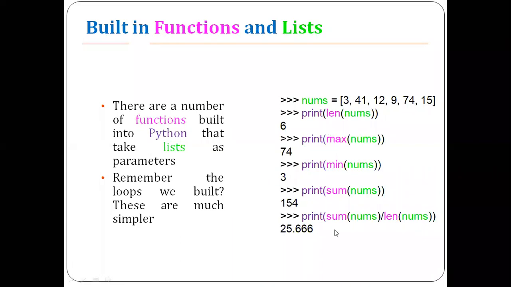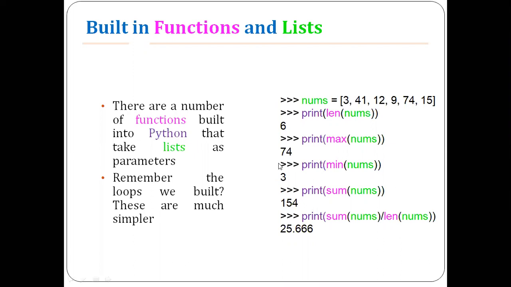These are some of the built-in functions used with the list. The only advantage is that instead of writing the code from scratch, you can make use of the existing built-in functions, so that you can minimize your code length, as well as concentrate on the important logic of your program. These are the built-in functions: length, maximum, minimum and sum. And this last one is basically used to find the average, but it makes use of two existing built-in functions,